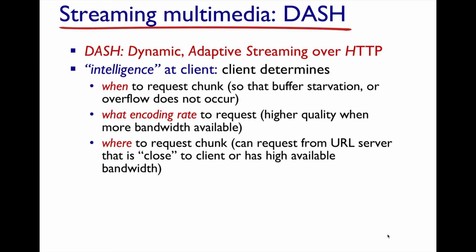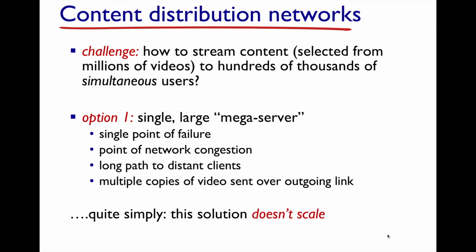So that's how you get this redundancy and the scattering around of this content, this rich content, in a number of different servers, and they're not just singular servers, they're data centers. It's called a content distribution network. You're distributing the content across a network of different servers in different data centers in different locations. Okay, any questions about this? Does that make sense? Okay, so the challenge then, of course, is how do you do this streaming?